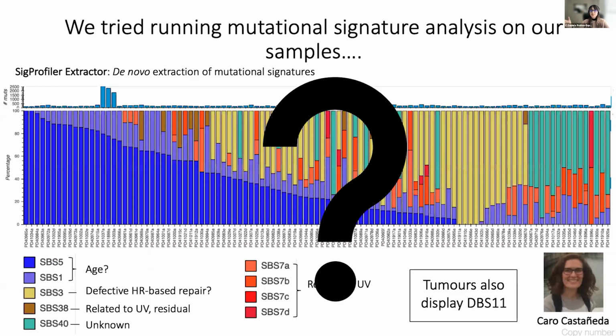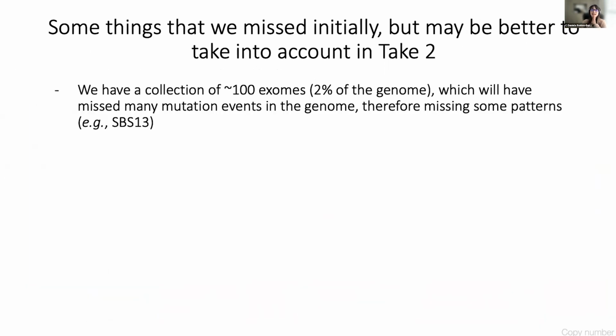So what is happening? This is our question. So this is something in discussion also with Ludmila and other people at the Sanger and other experts. This is what we've learned so far. And I'm hoping that perhaps this is useful for the students and people that are still learning about how to use this analysis. So first, at the moment, we have a collection of 100 exomes, which represents only about 2%